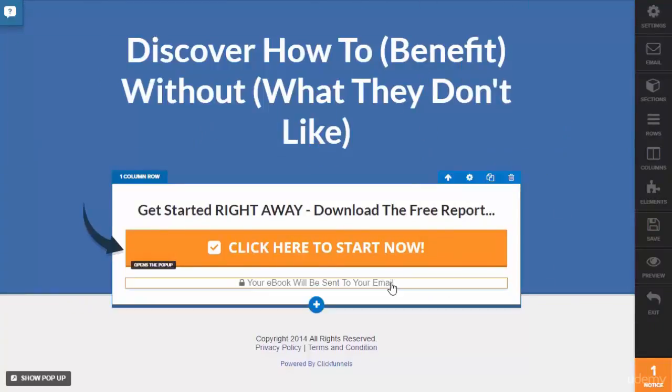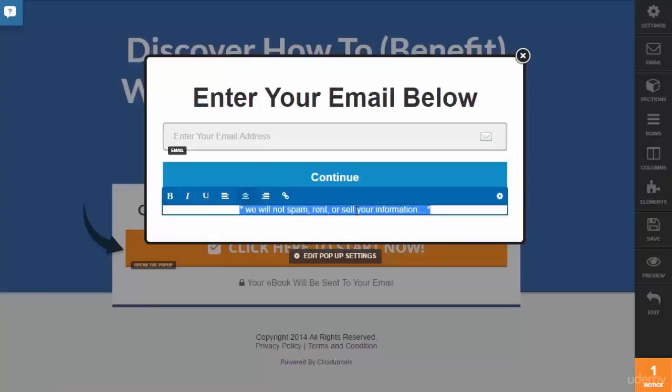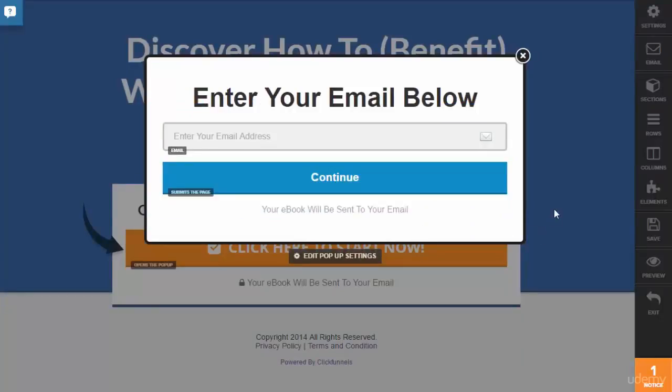Aside from that, your ebook will be sent to your email. If you're doing a pop-up, I like also putting it here because it's reminding them. I've had times before where people opt in and say, hey, where's the gift? You just got to remind them. Putting this ensures you're going to get much more chances of them giving you their real email address. If I say, I'm going to give you $50, but in order to get it you have to give me your email address, and by the way, I'm going to send that $50 to your inbox,